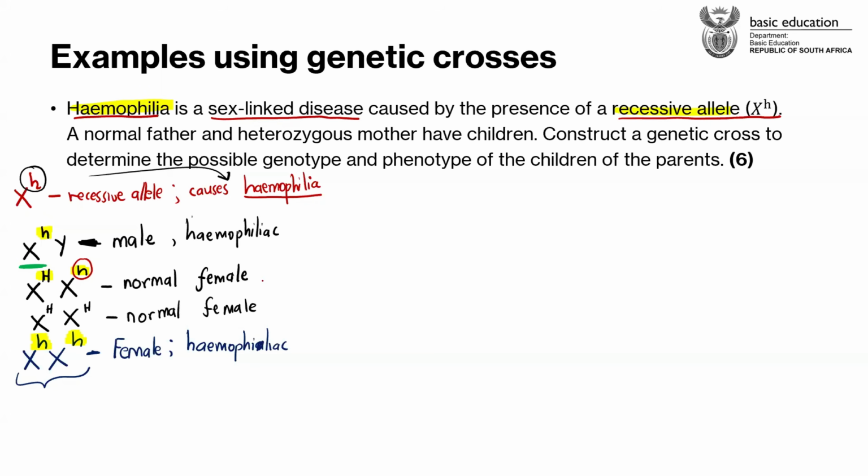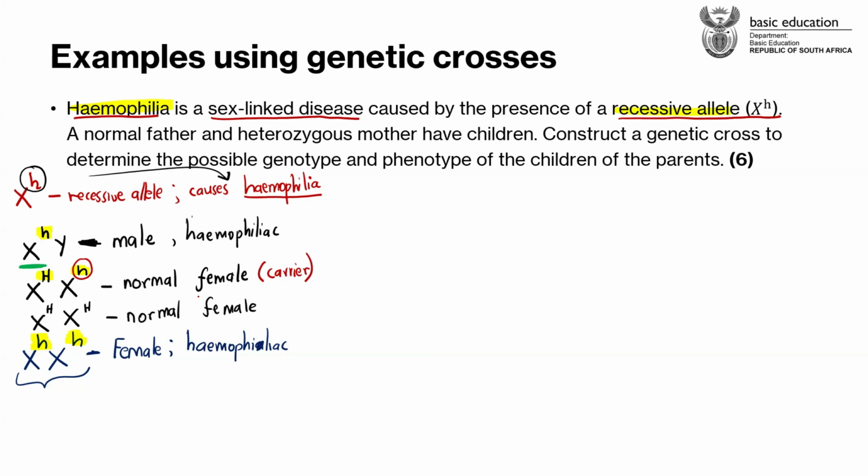Yes, Batabile. My question is, is it possible that a person can have a dominant allele that causes the disease? If the scenario tells you that the condition is caused by a dominant allele, then you can say that. But for this specific scenario, they told us that the condition is caused by a recessive allele. So it means that the dominant one has the opposite.